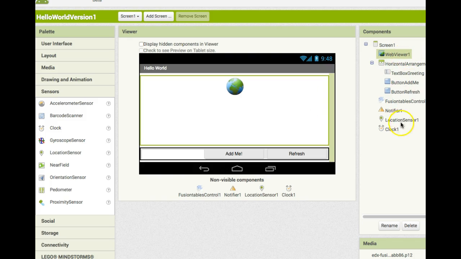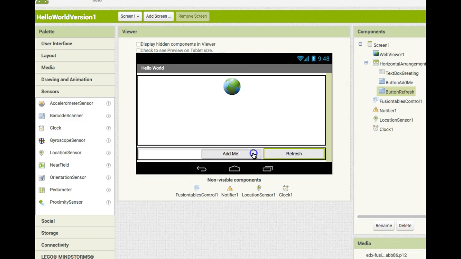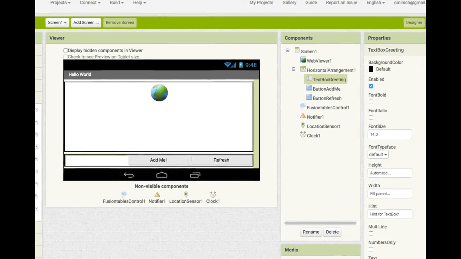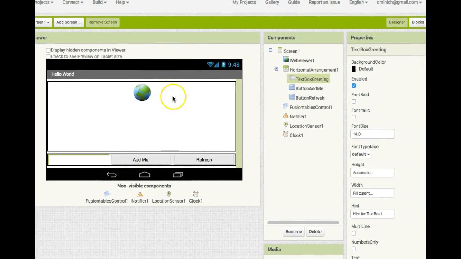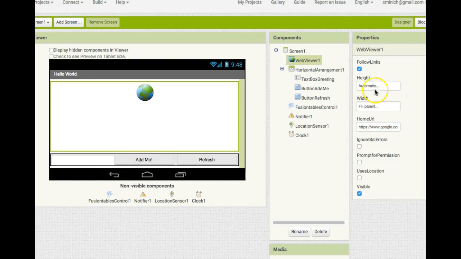And they told us to rename things. Some of the things they renamed, some of the things we did not. I added these buttons and a text box right here. And that's pretty much all I have to say about the front end of it. I just did what they did. Now do notice here that they already had the web viewer synced up with the website